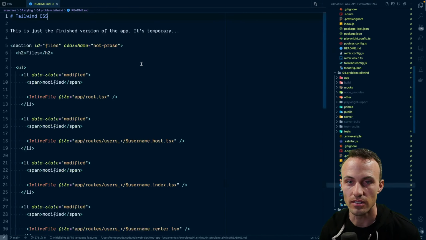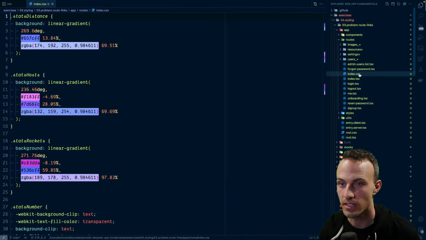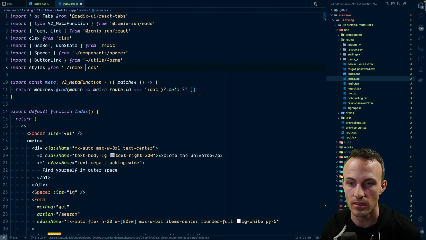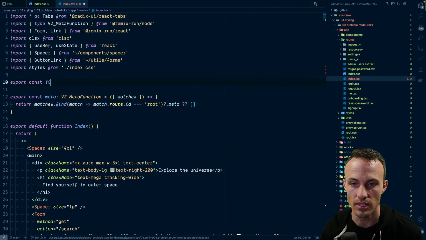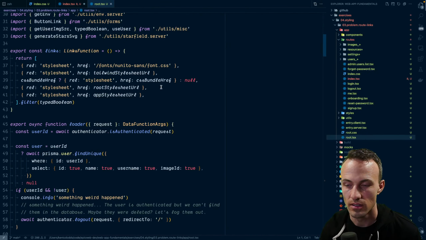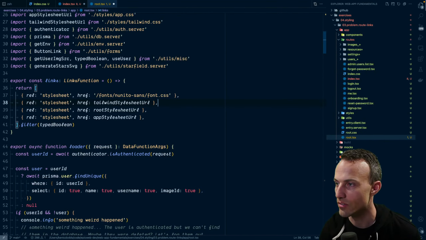Here, let's close all this stuff. Make sure we're changing the right files here. So index CSS and index, and export const links. Where's my links export here? That'll make it easier. Yeah, we're not doing the bundle href thing here. This also will not have Tailwind yet.